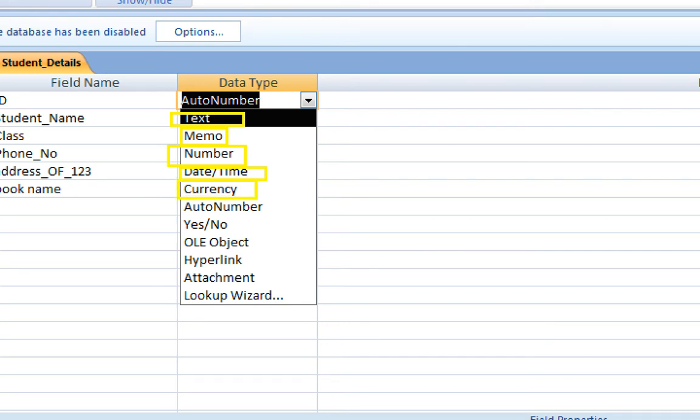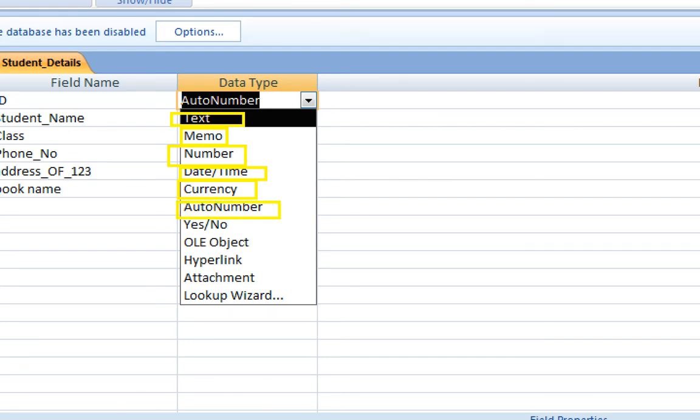Next data type is currency. Basically we have heard about currency. Currency means the money of a particular country, right? So it stores monetary data. A currency field is not rounded off while performing calculation. It means suppose you write 5.8, then it will not round up to 6. If you write 3.2, then it will not round down to 3. So it is not a rounded field.